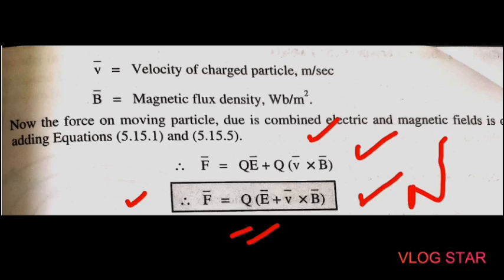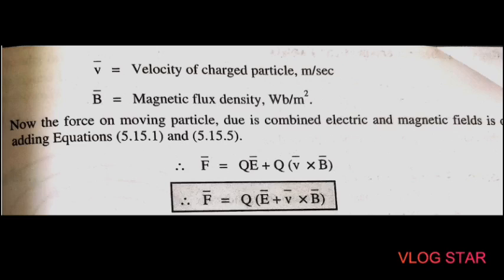Okay, so here in case of electric field, the direction of force does not depend on the velocity vector, so energy transfer takes place between the electric field and a moving charge. In case of magnetic field, what happens? The direction of force here is perpendicular to the direction of velocity vector, that is V bar, and magnetic flux density B bar. So here the kinetic energy of the moving charge is not changing. That means there is no transfer of energy from the magnetic field to the moving charge. Okay, so in this way we have studied the Lorentz force equation.